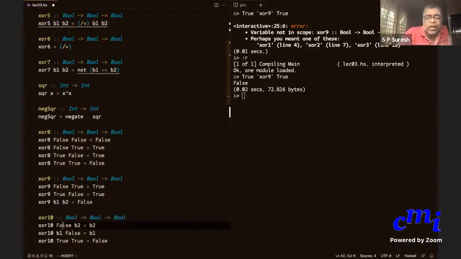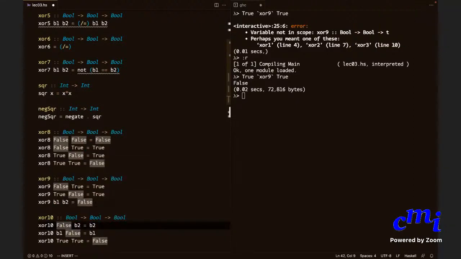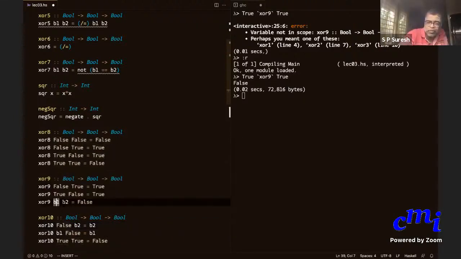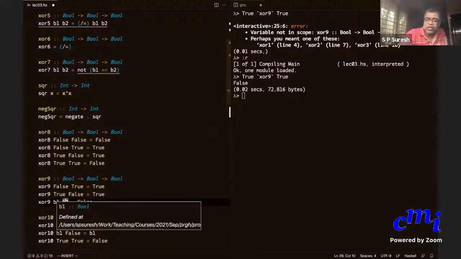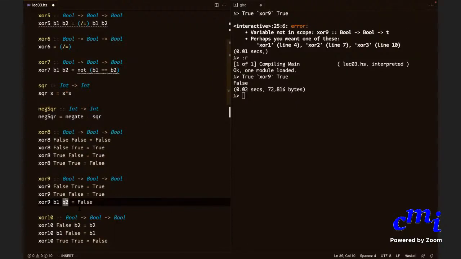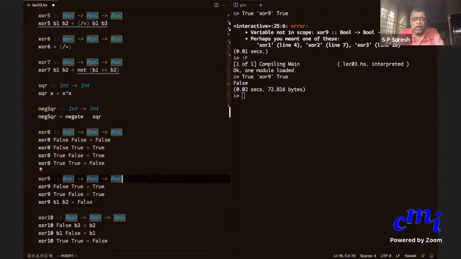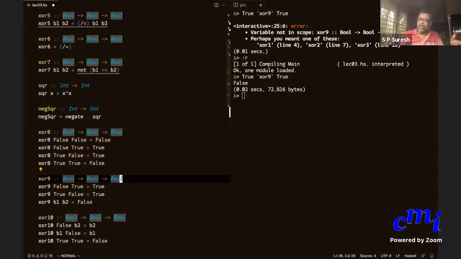Here I am illustrating the fact that you need not have both arguments be constants or patterns, or both be variables. You can mix and match. Here the first argument is a variable, the second argument is a pattern. That is what this illustrates. Is it clear? These are all generalizations from XOR 8, if you want. Does that make sense? Instead of writing that exhaustive case, which you can't do for other domains, you need ways of simplifying, bunching various cases together.